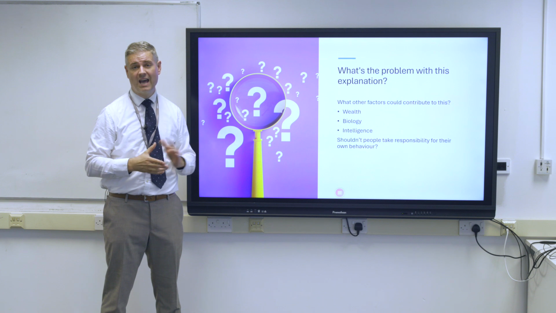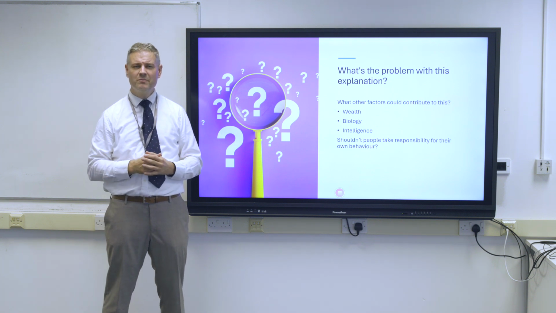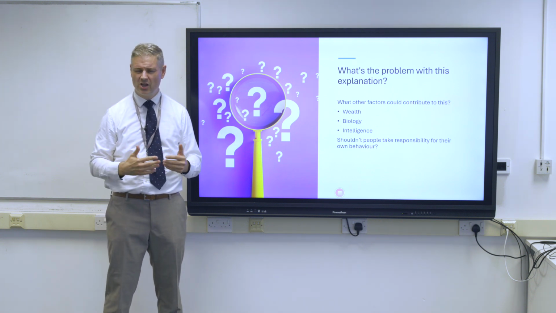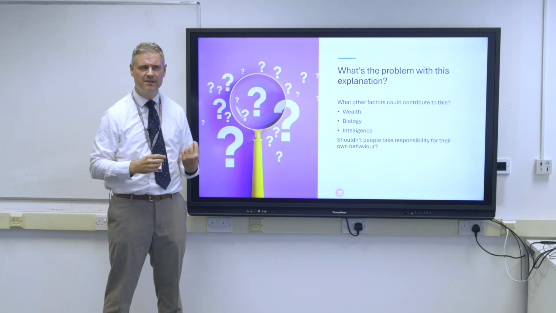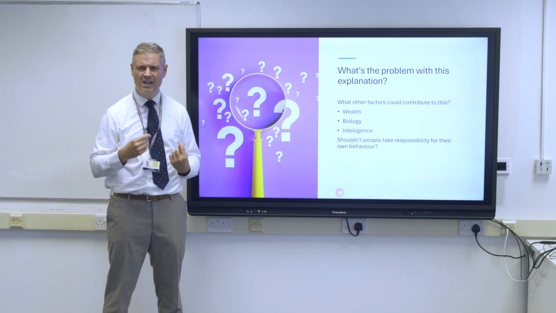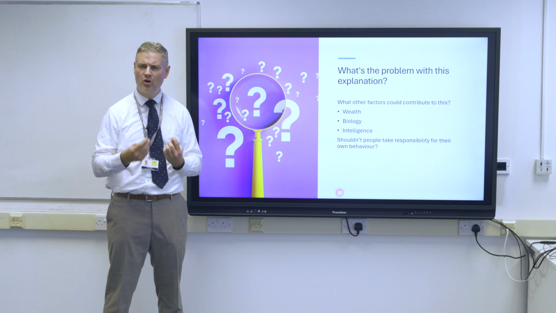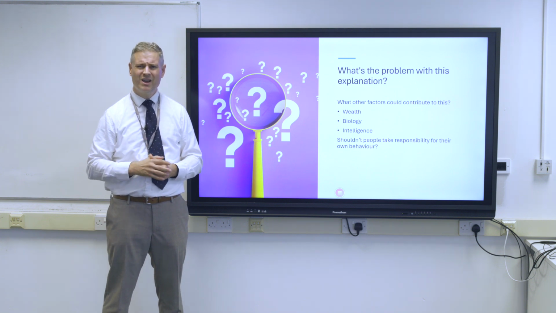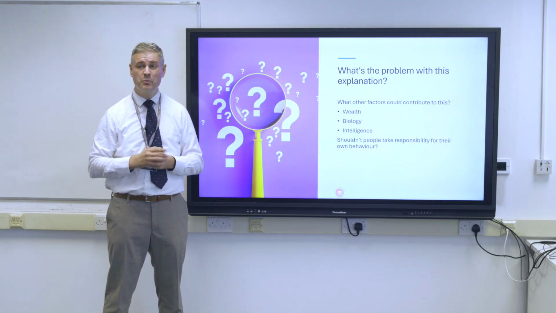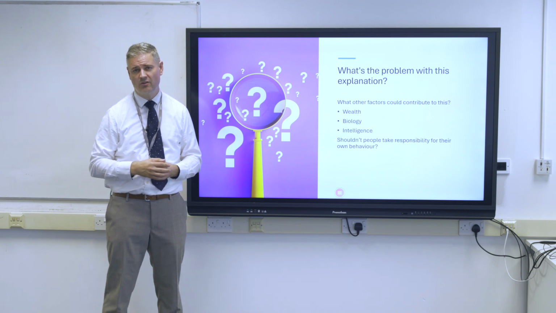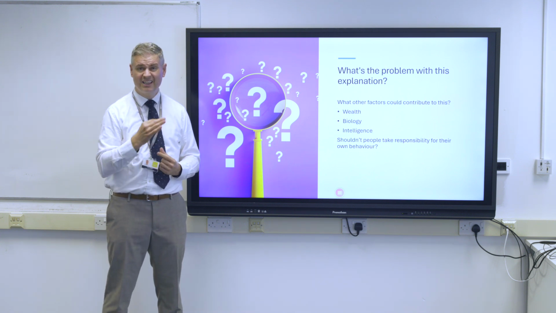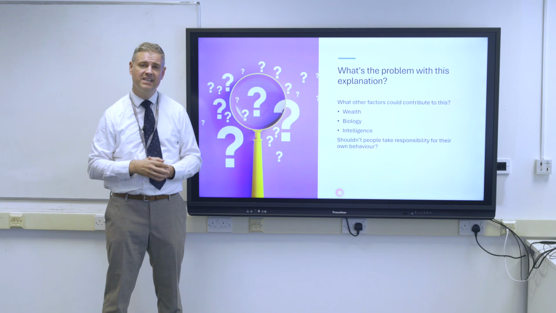And then the other aspect to this is sometimes we can say when we add a theory or try and use a theory to explain this type of crime, that we're almost justifying it for them, that it's not their fault that they were brought up in a certain situation, where that's not necessarily true, and we need people to take responsibility for their crimes. So these are just a few little problems that there might be with that particular theory.